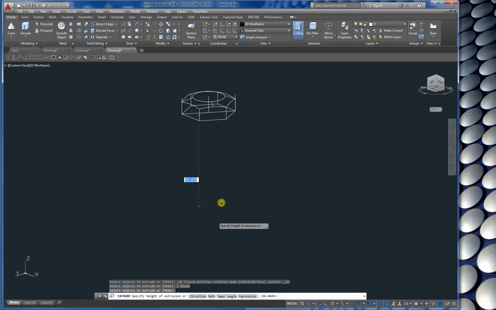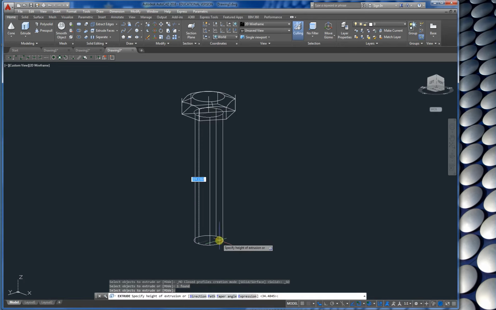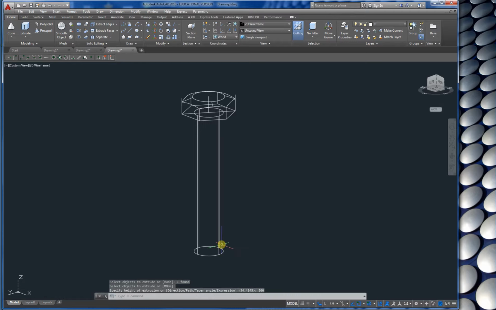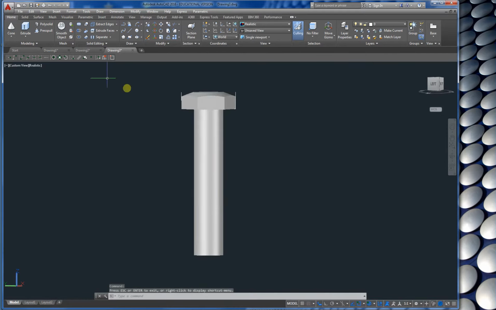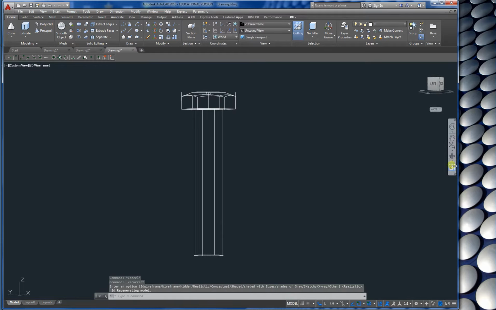Certain direction, okay, certain distance, depth downward, right? So I'm using an arbitrary length. Let's say we go for 300. Okay, so there we go. Okay, we have it like this. Now I want to introduce my threads. To introduce my threads,